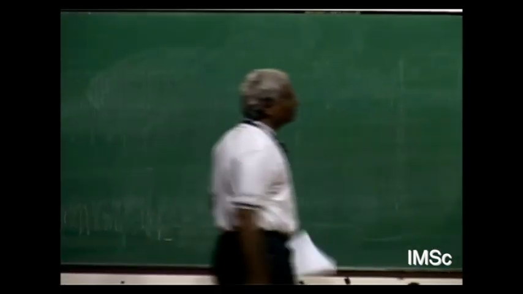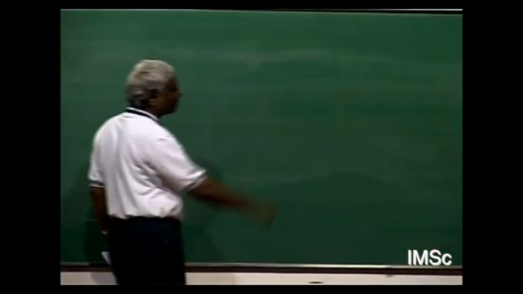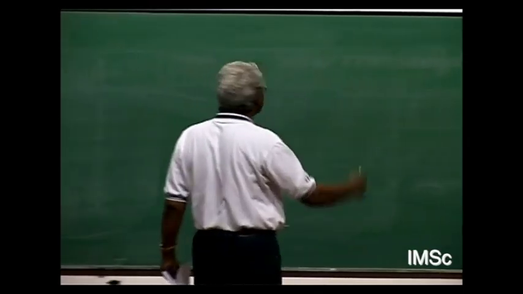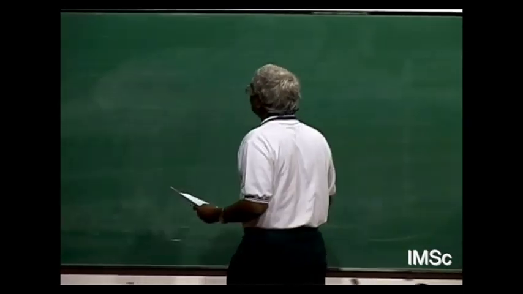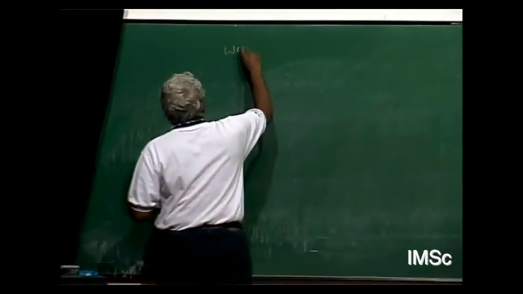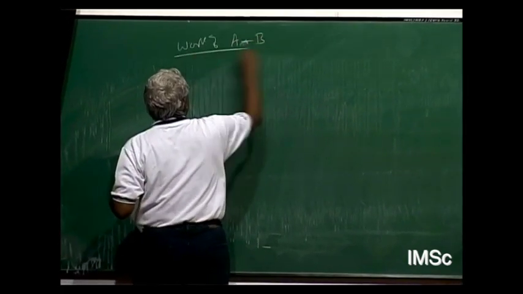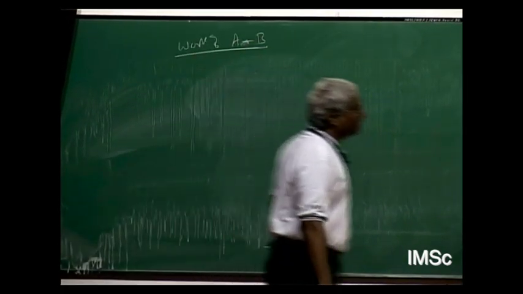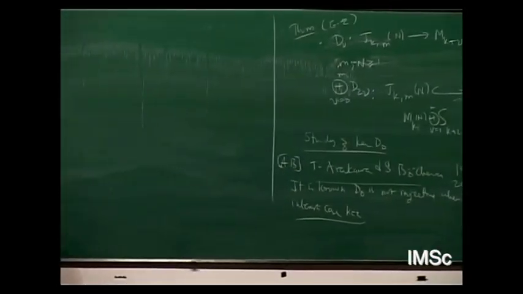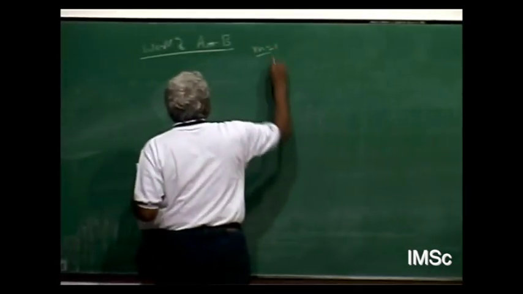1986. So first I will just explain what is the work of Arakawa and Booker, and then I will come to a conjecture made by Booker. So the work of Arakawa and Booker, in short I write AB. So what they have considered, you take the index one case, you take